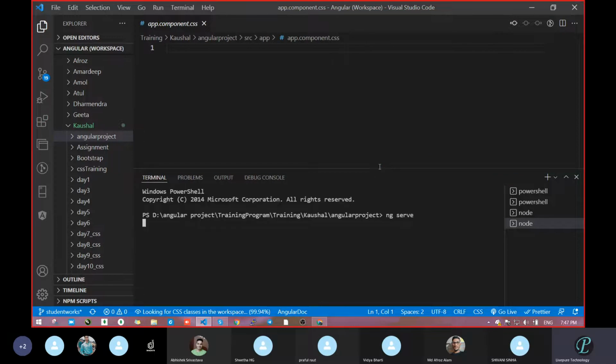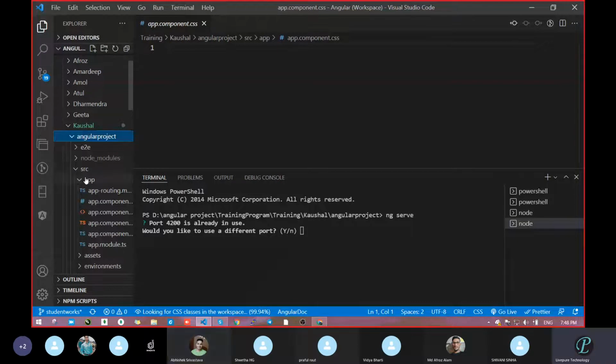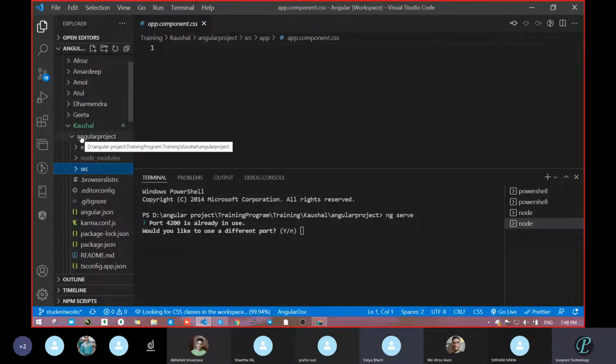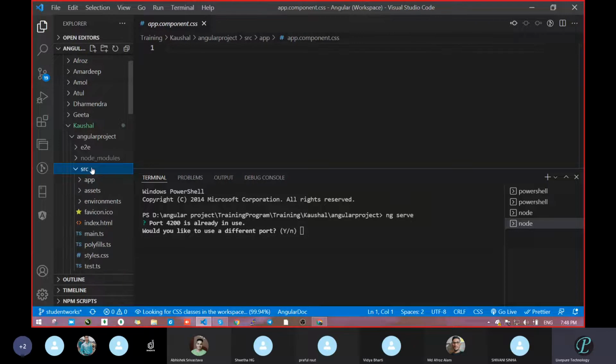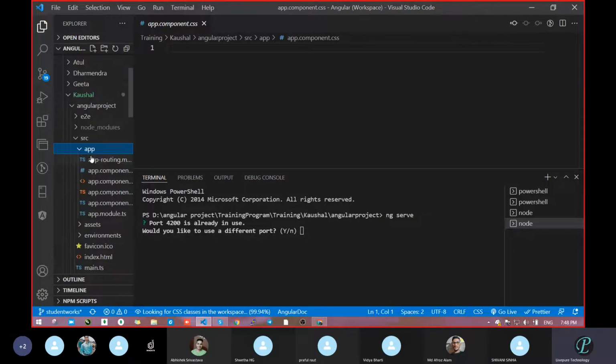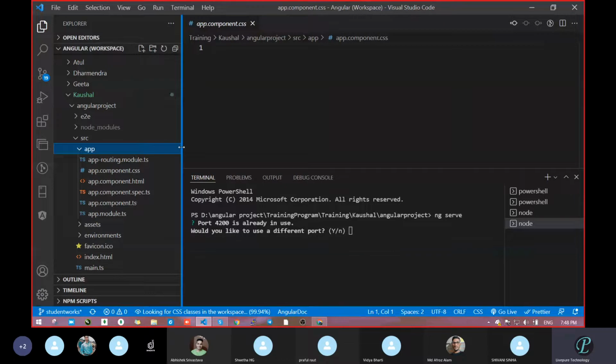What are you thinking, is this a Java project or Angular or HTML? Is this JavaScript? Sir, Angular. This is not JavaScript. This is Angular. Whatever we had installed here, these are all Angular project files. So we will practice from the starting itself in Angular. That's why I told you about the HTML and CSS files. I did not tell you about any other file. We will learn all the files one by one, but now we will start with HTML and CSS only.